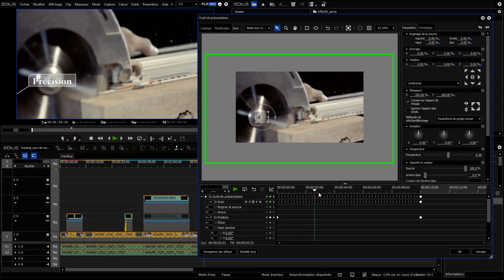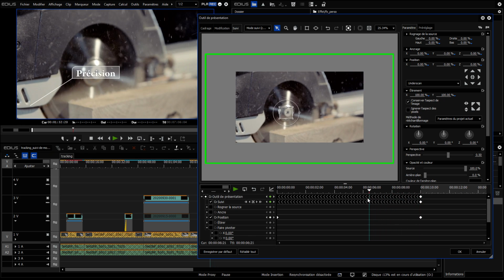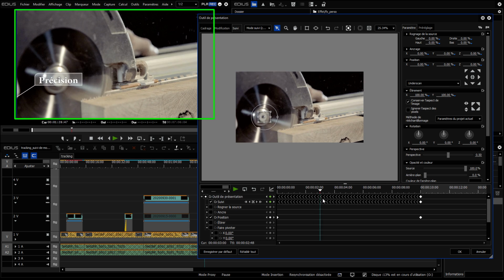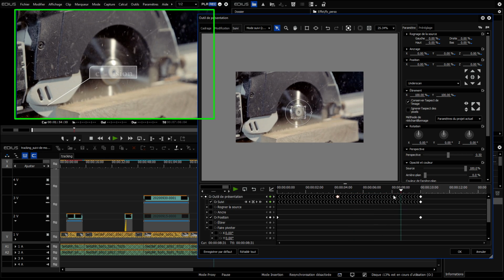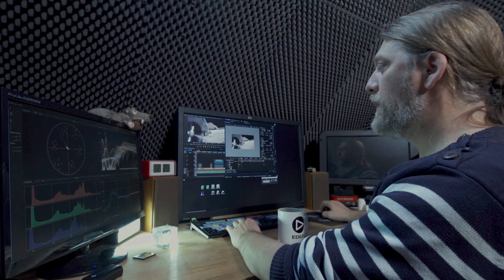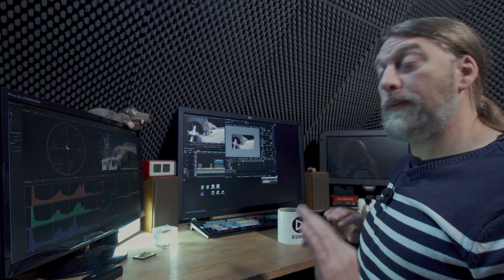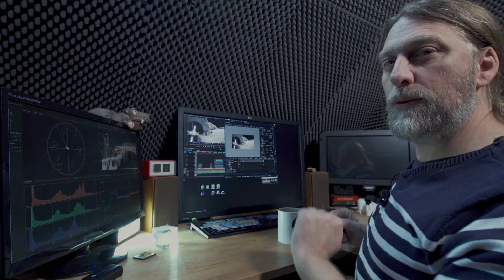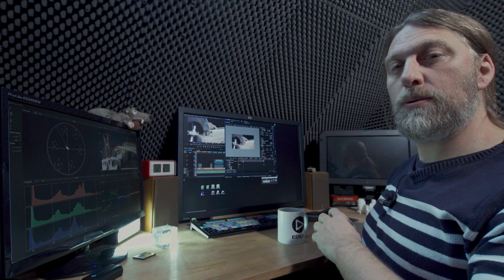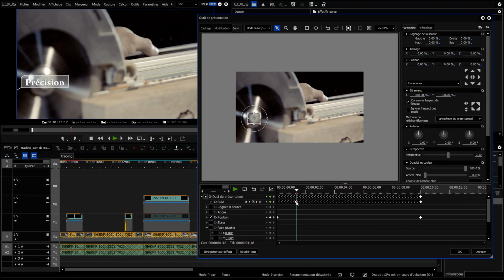The square is tracking well. So here we can see that the square is indeed at the center of the saw, and that the title has also been positioned right on the center of the saw. It follows the movement perfectly. So, excellent. We're very happy with this. It works extremely well,